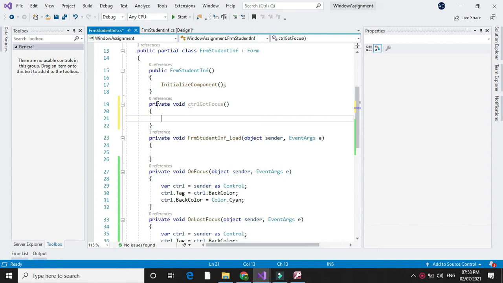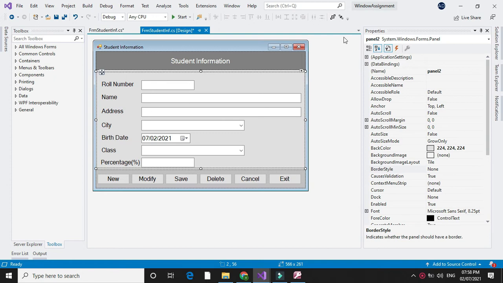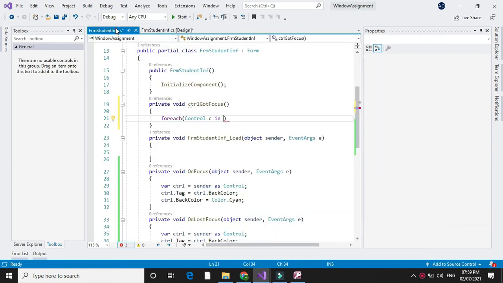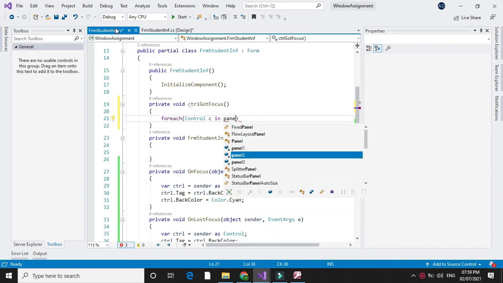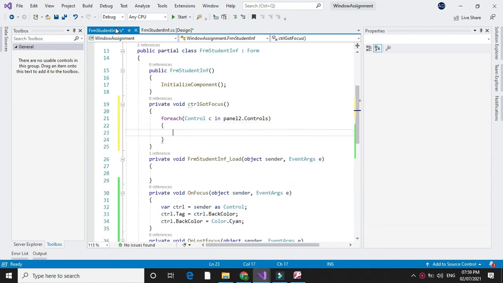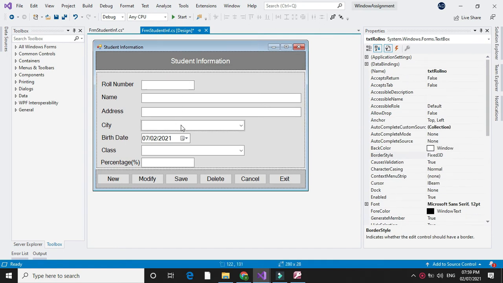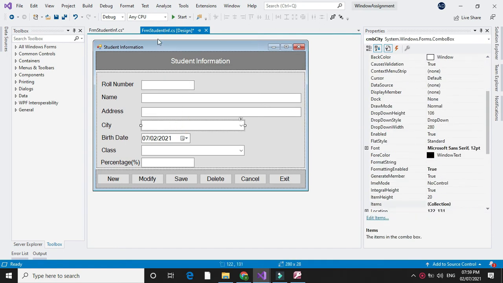For this we will use a foreach loop. So foreach Control c in the panel on which you want to set the focus. Our panel is panel 2, so I will write here panel2.Controls, and we are going to set the GotFocus event for text boxes and combo box, not for labels, panels or buttons.